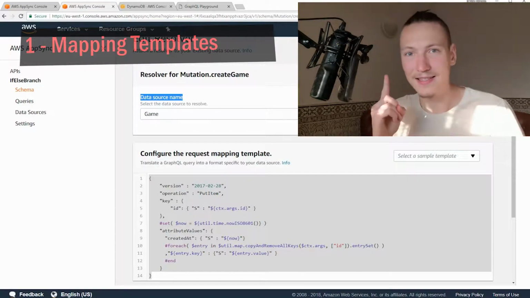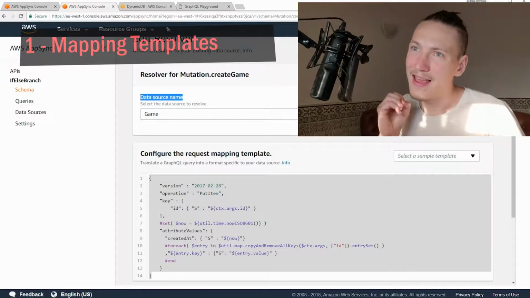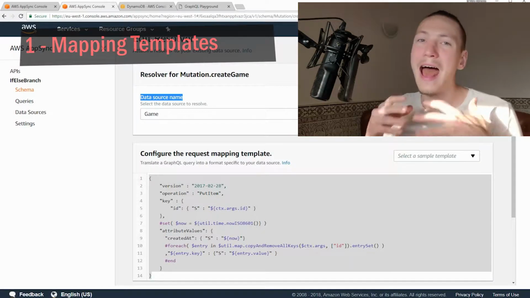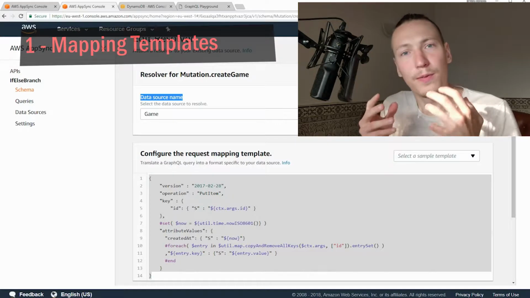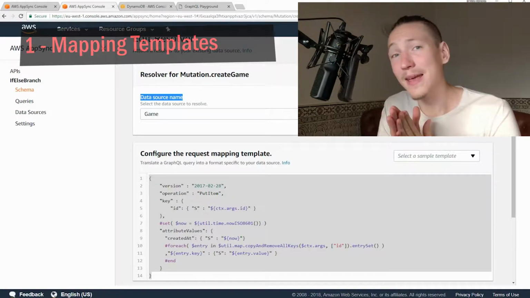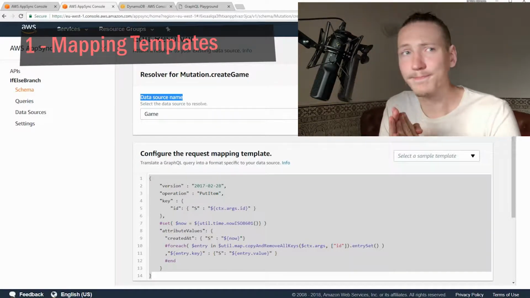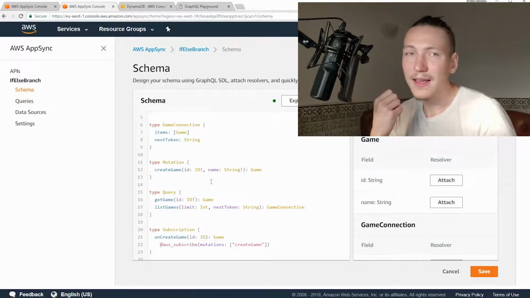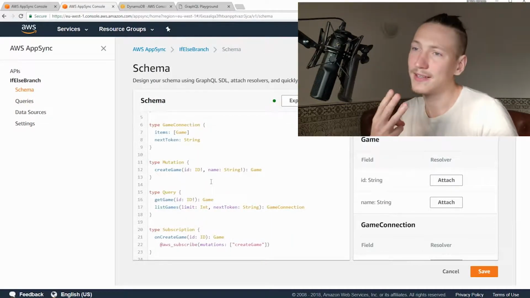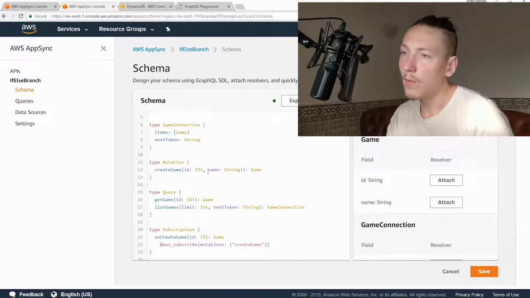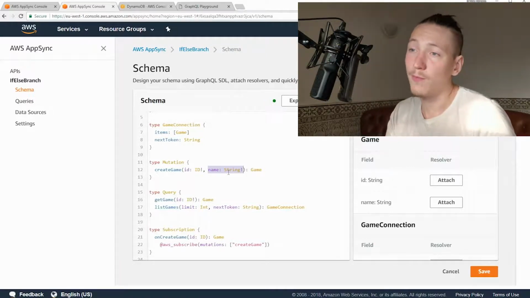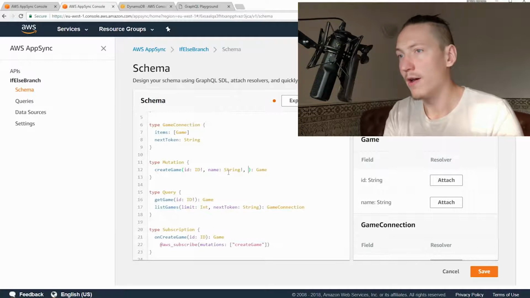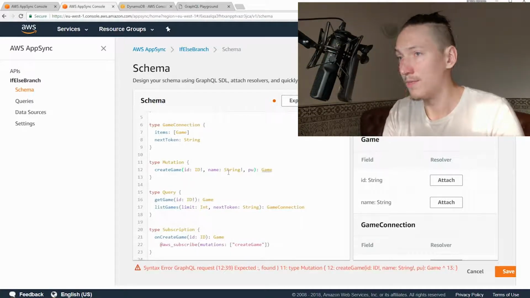Mapping template. This is clearly the approach that AWS has created AppSync to work really well with. So you might just get a very basic functionality with this one. In a mapping template, we have the 3 steps. We have the schema, where we could, for example, require that name is defined for a game, and we could optionally require publisher,